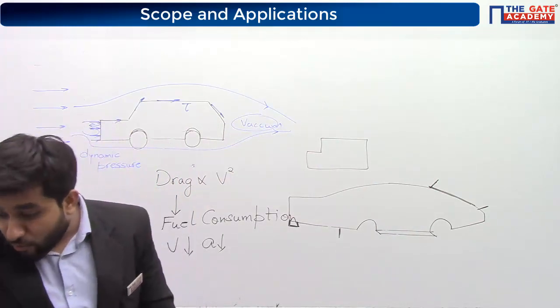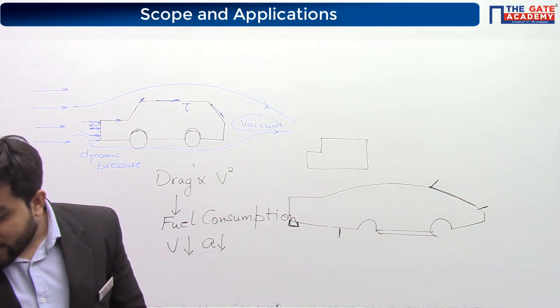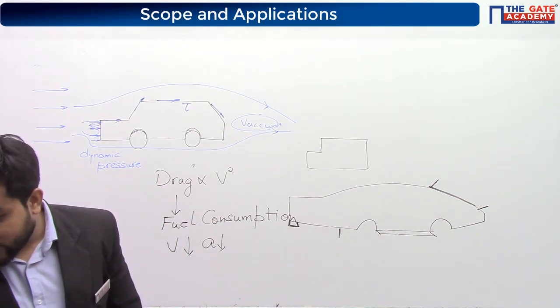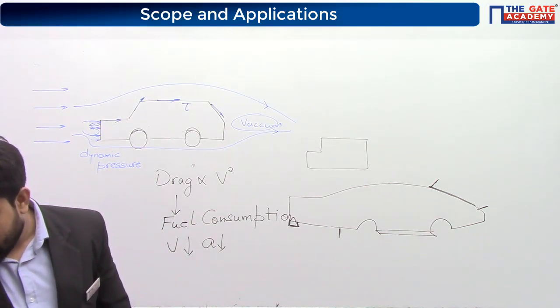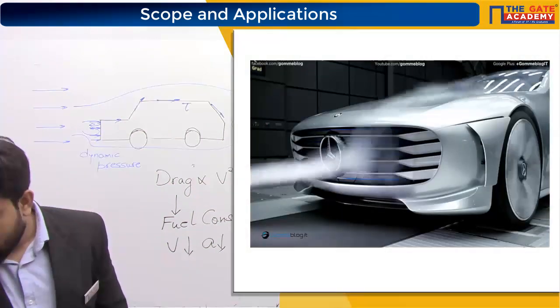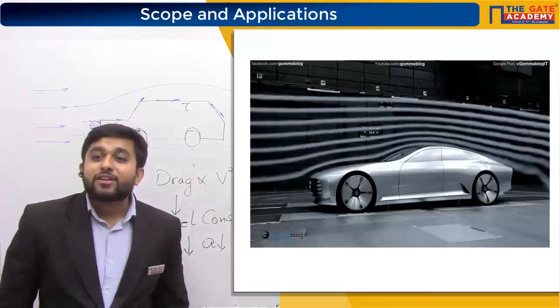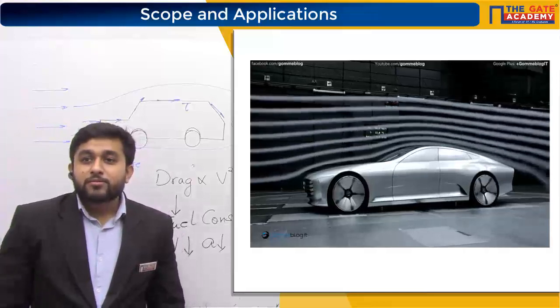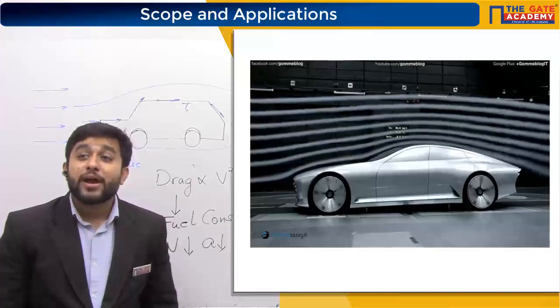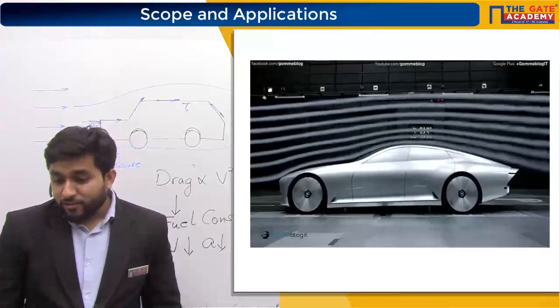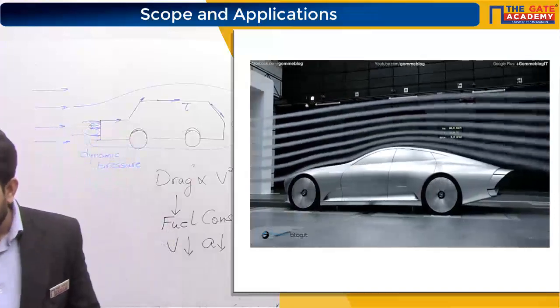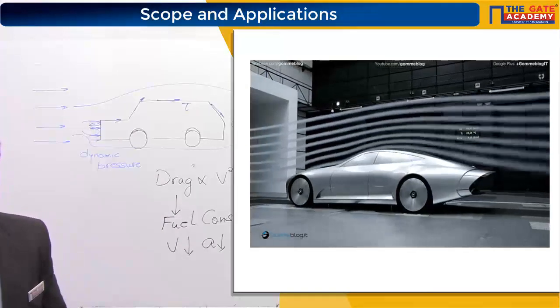Okay, and check what these guys are doing. They will now add a modification in the car. Now check, all of you have a look at the video. So in the video, the tail of the car will extend. This is to reduce the vacuum behind the car. Check, within a few seconds the tail of the car will expand, just to reduce the vacuum and minimize the